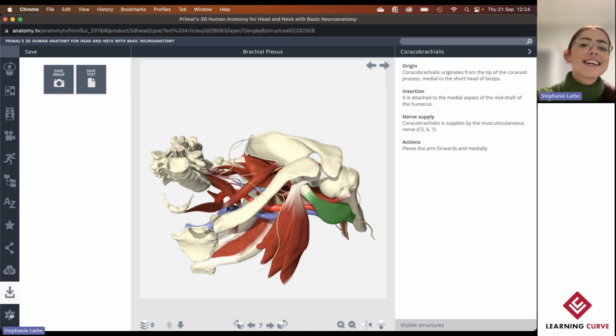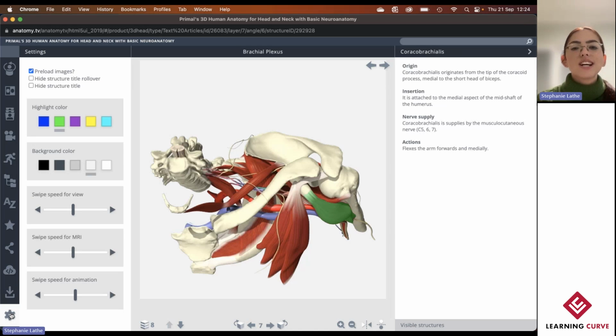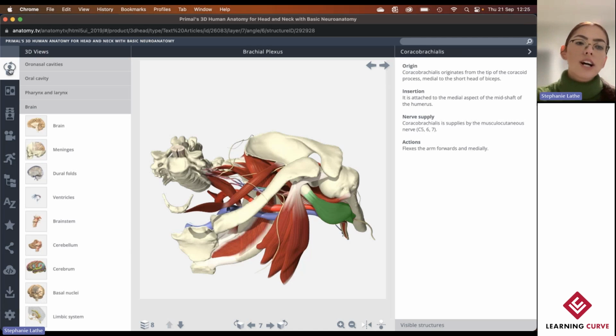Okay, and then lastly, there are some settings that you can change according to your personal preferences. But that brings us to the end of this title, which is covering the head and neck anatomy with some focus on basic neuroanatomy. My take-home points from this title over here is firstly, if we're focusing on neuroanatomy, there